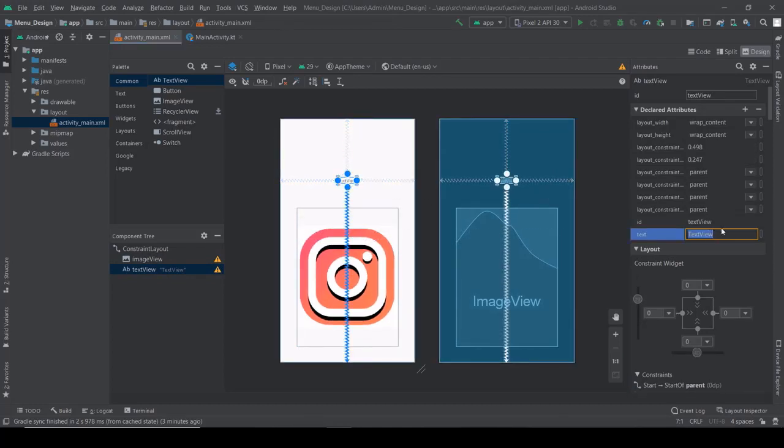After that I'm changing the text of the text view. So this is: welcome to the zone.